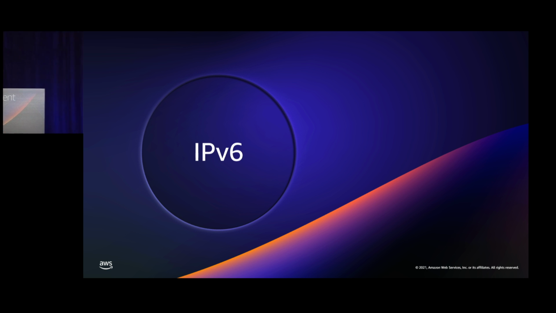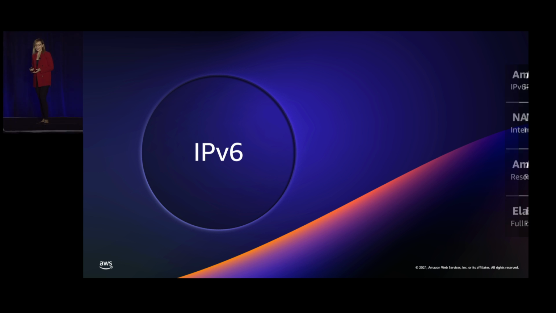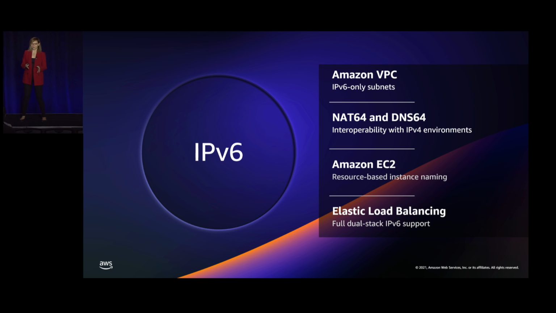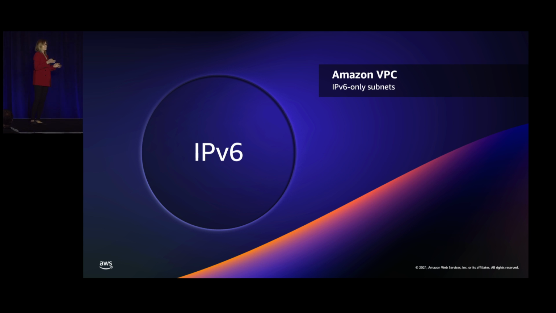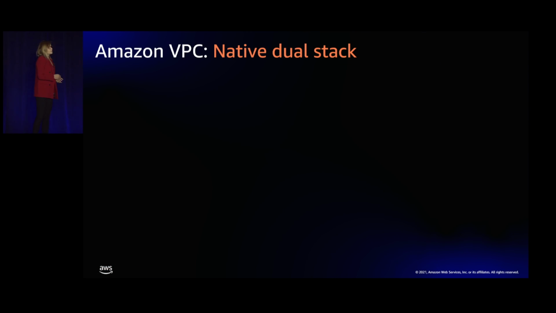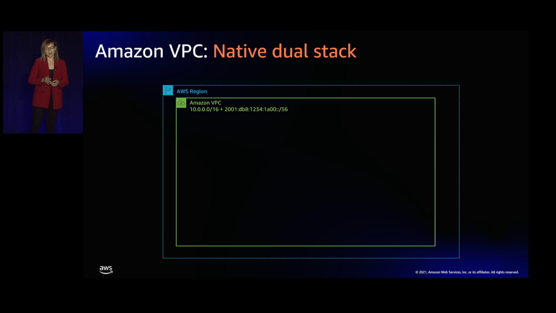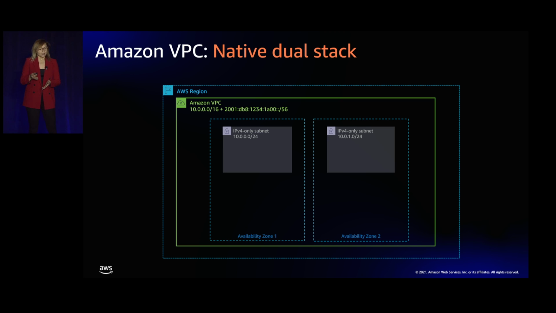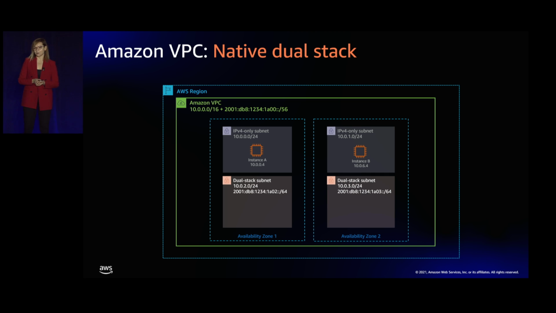Thank you. Well, IPv6 is the protocol that I think we've all been waiting for more than 25 years now. And we've been pretty busy in this space, pun intended. Let's start with IPv6 only subnets and IPv6 only instances capability that we've recently launched. We're going to start from our dual stack native AWS VPC, which by default has a primary IPv4 CIDR, and we can add an IPv6 CIDR to it, making it dual stack. IPv4 only subnets and instances can coexist with dual stack ones.